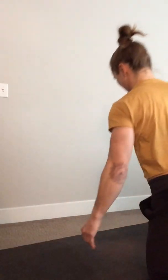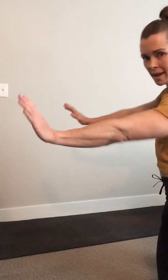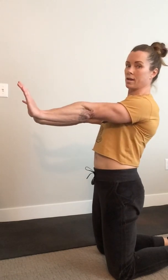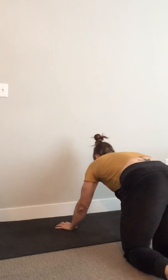I'm gonna push this into the wall. All right, so 6 inches off the wall, hands are at shoulder width. I wanna press the top of my head and my thoracic spine into the wall, okay? And push hard into the wall, lock those arms out. From there, kicking my feet up, and then nice and slow, we're gonna straddle those legs open, okay? So, hands about 6 inches from the wall,